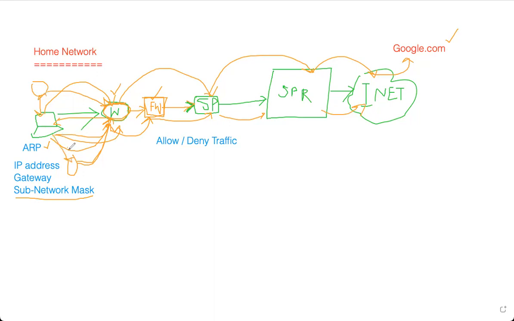There is a problem inside our home network itself. That's why, if you have 3 PCs in the network, what they will do is